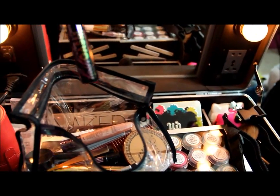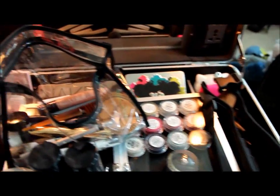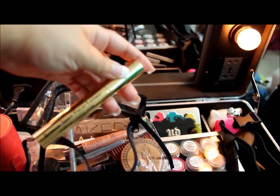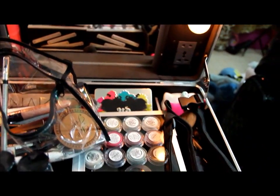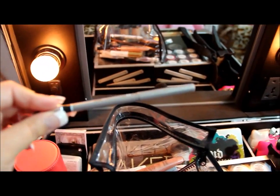The next thing is my Lashgasm Mascara by Too Faced, which I really, really love. And the other mascara I love by Too Faced is the Better Than False Lashes mascara. So I kind of alternate. If I'm wearing false lashes, I use Lashgasm. If I'm not, I'm using this because it's a little more expensive. And then I just got some of my quick liner, Really Black by Clinique. I use this for my bottom